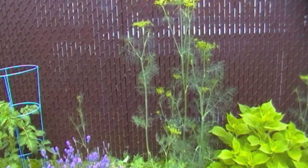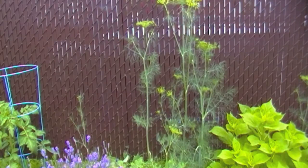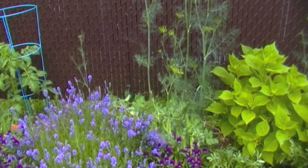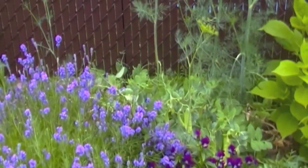So I have a lot of dill. Dill always reseeds for me. I sowed it once and never had to sow again. But they didn't grow well. They were all on the same spot, so I transplanted them where I wanted. And I have some peas still. I have to pick them. I don't know if you can see, quite a few on them. There's sugar snap,